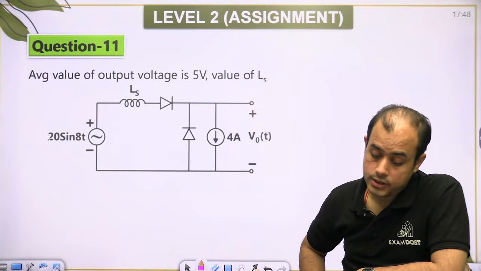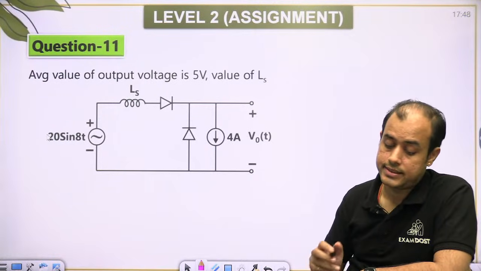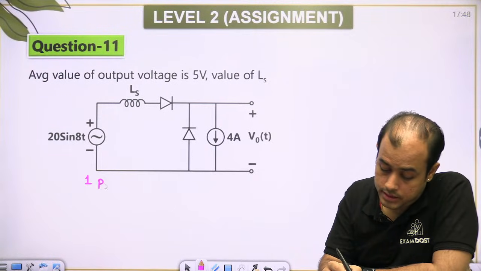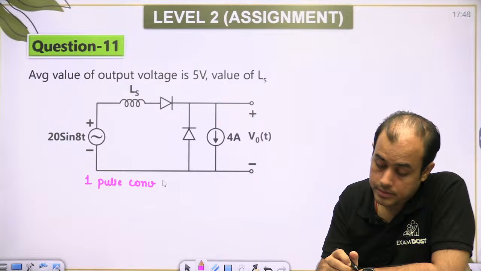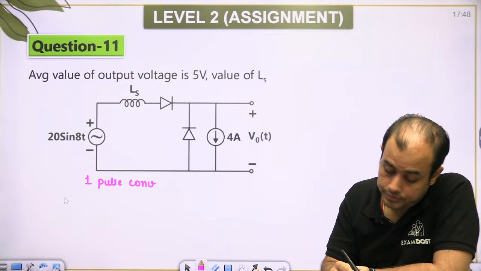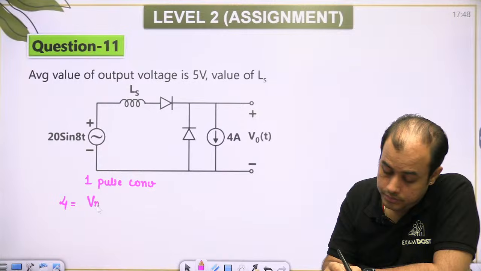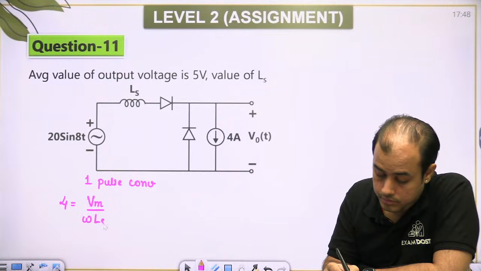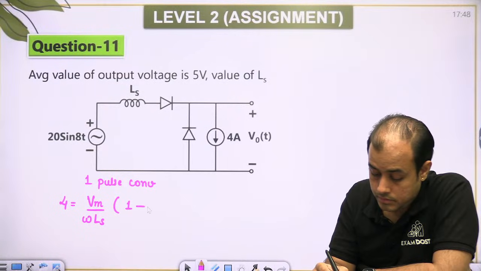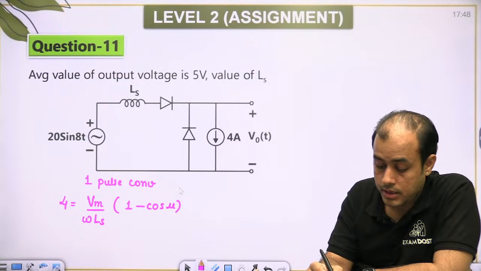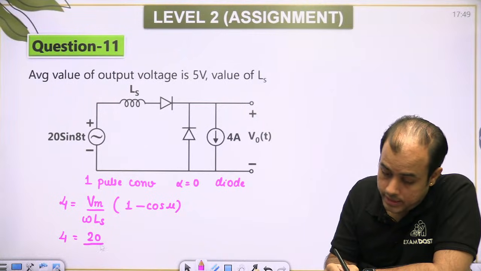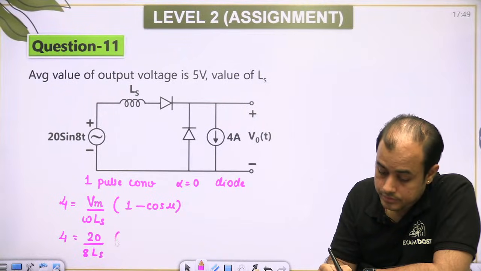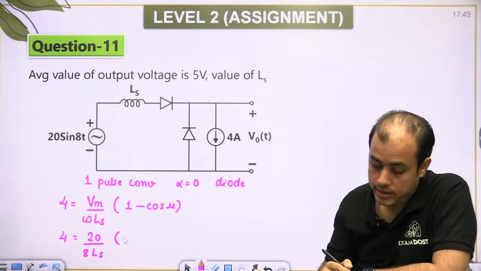Average output voltage is 5 volt. What is the value of LS? So this is a 1 pulse converter. ठीक है. यहाँ पे अल्फा 0 लिया बिकॉज ऑफ डायोड. ओमेगा इज 8. बट यहाँ पे म्यू